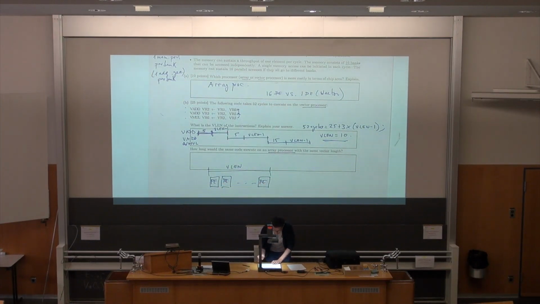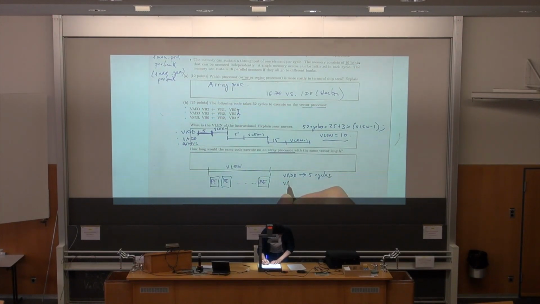And now, because, as I said before, these 3 instructions, vadd, vadd, and vmul, are dependent on the previous one, we cannot overlap their execution. We cannot pipeline them. So that's why we will have to completely account for the